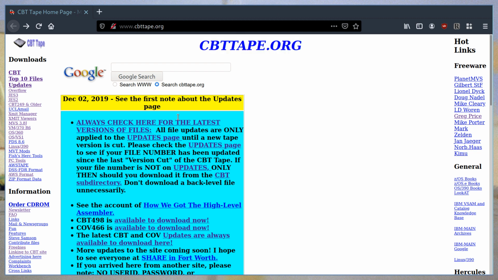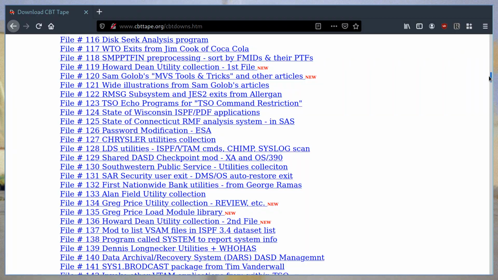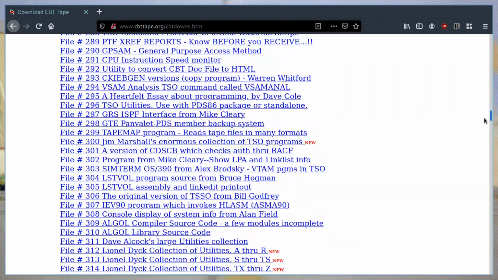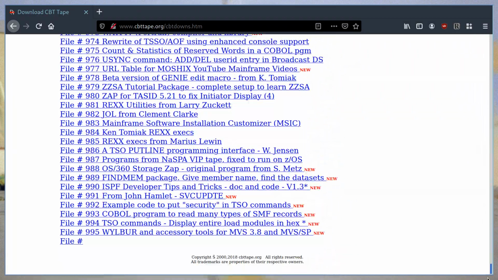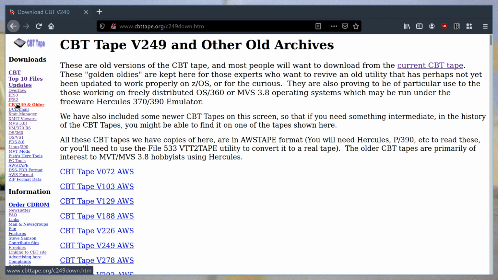The CBT Tape is a collection of, it's up to about 1,000 files now, various utilities, scripts, and other tips and tricks for the MVS line of operating systems. It has mostly moved on to focus on the current version of the operating system, z/OS, but there are some utilities that still work in the old MVS, and there's an archive of CBT Tape version 249, which contains